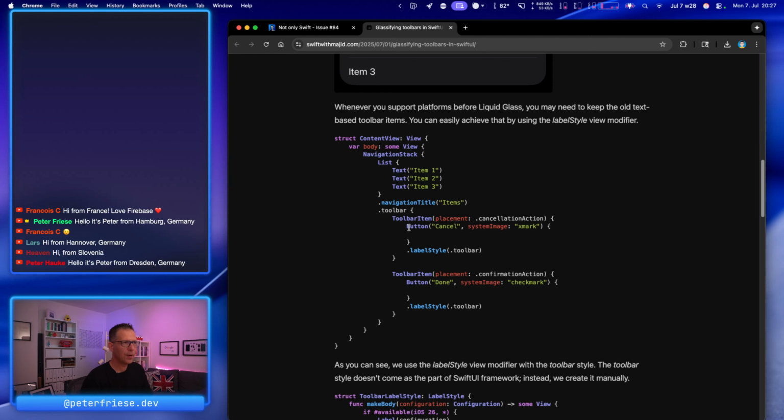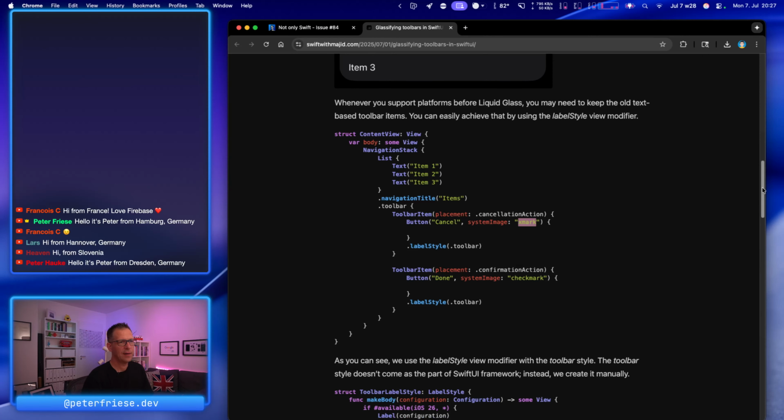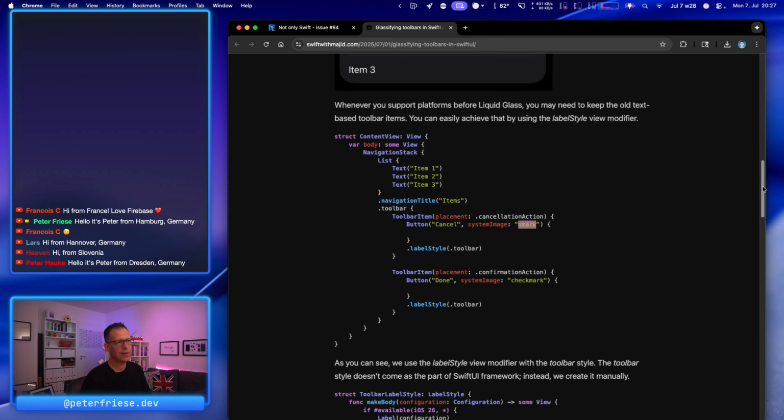So what Majid suggests is doing both, right? So he says, use the label and also use the system image. And then in order to make sure that you're not using the image on iOS 18 and below, we want to make sure that we actually use the